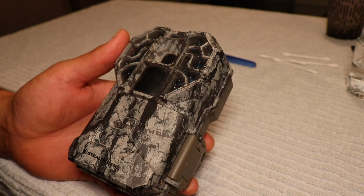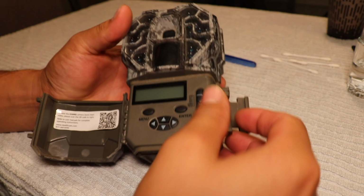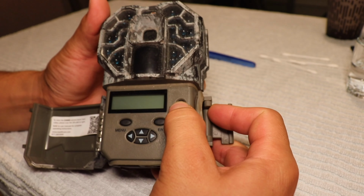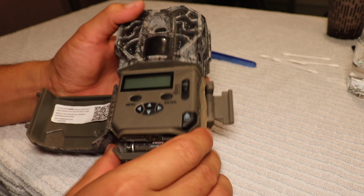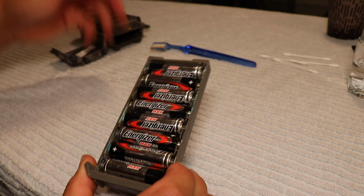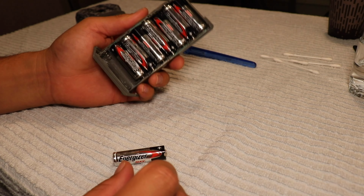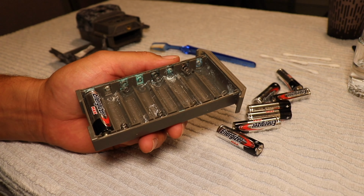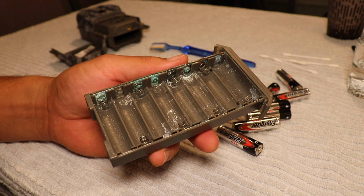Let's get started. So as you can see here, as we first open it up, it does not turn on whatsoever. Due to all the corrosion here, oh, there we go, we got one. All the corrosion inside, oh, we missed a battery. All the corrosion inside here is just